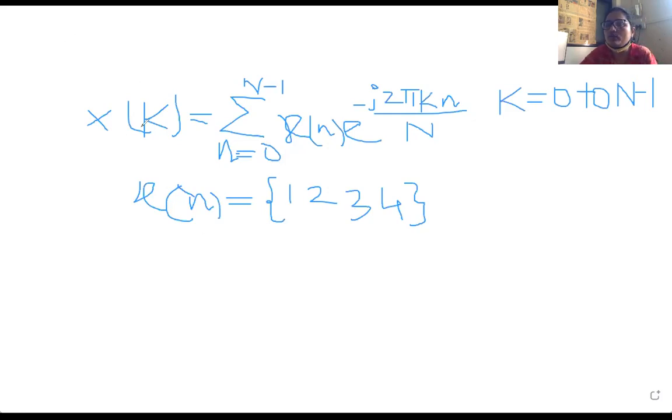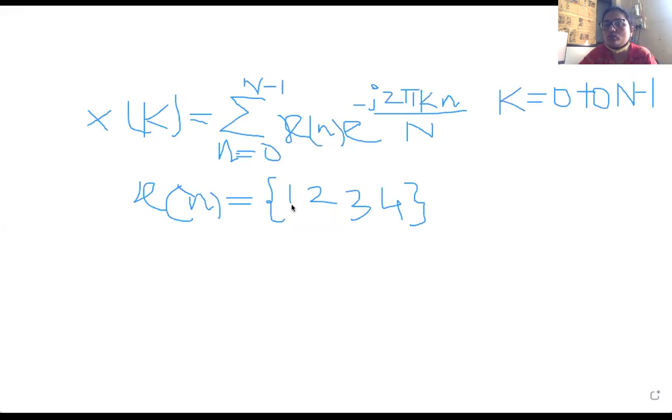So what is the formula for the discrete Fourier transform? That is X of k is equal to summation n varies from 0 to N minus 1, x of n e raised to minus j 2 pi kn divided by capital N. Here k varies from 0 to N minus 1. This is my formula. Now, how many samples will we be calculating? That is k equal to 0, k equal to 1, 2 up to N minus 1. In this case, what is the range of n?